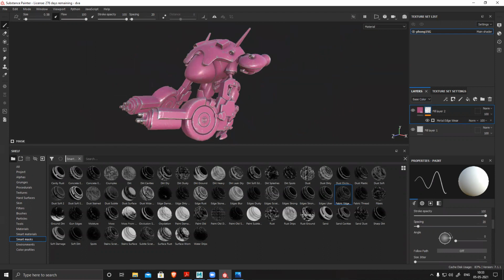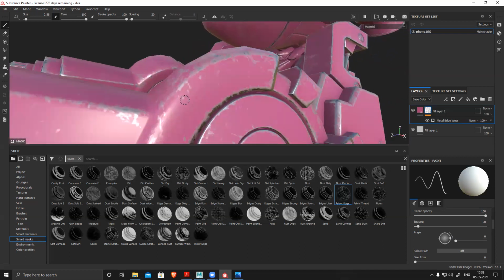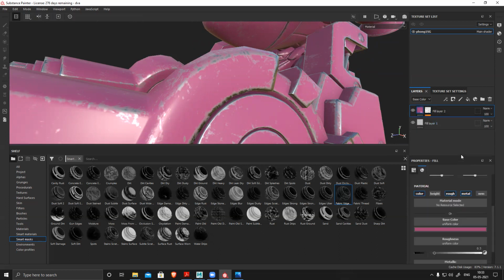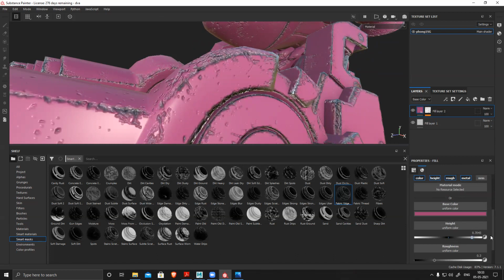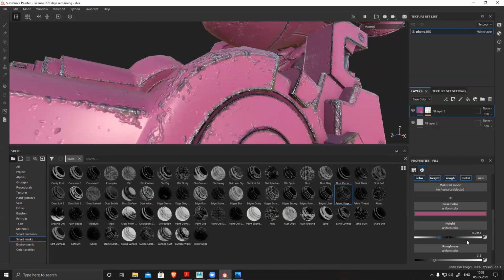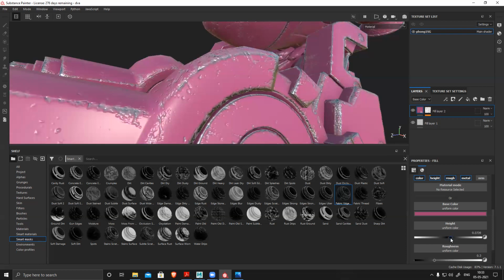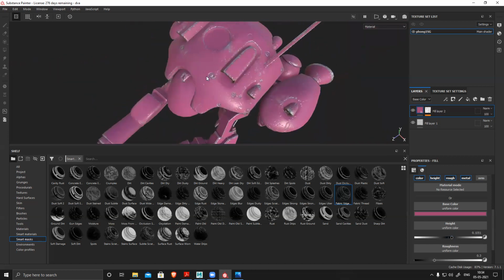Now suppose you want to have some variation in your paint. If the metal chip was chipped off, there should be a thickness, right? Slight thickness. And this is all constructive. You can always go back and modify anything. Go back. I don't have height activated. Switch on height and add a little height to it. So give a little thickness. Don't go crazy with this height. Give it a very little and subtle thickness, minus or plus. Very subtle thickness, and generate all these things nicely.